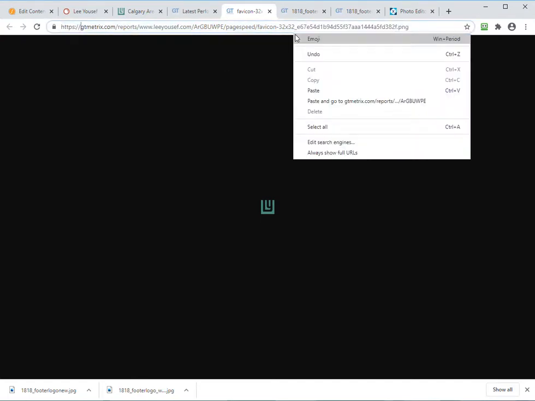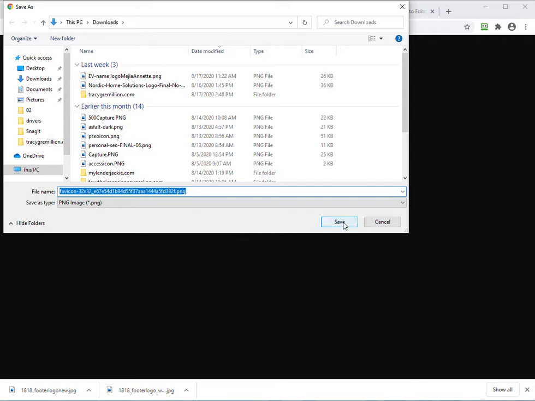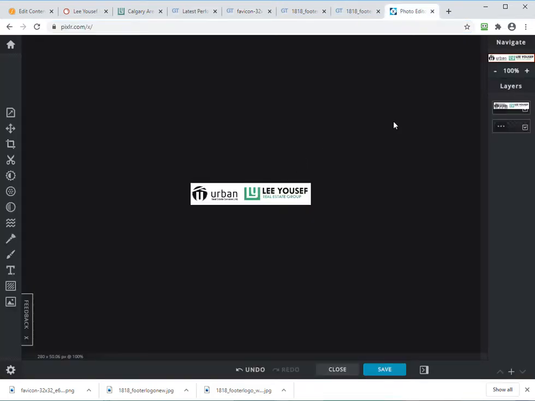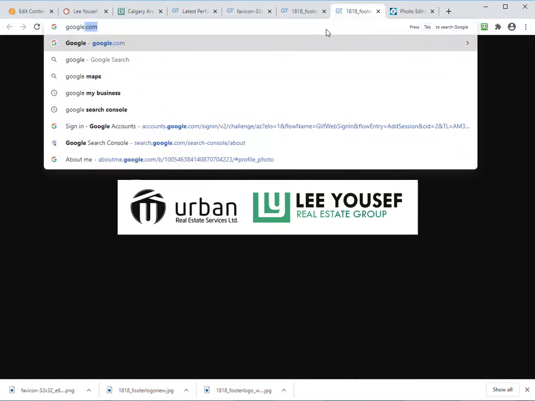Oh, it's the favicon icon. Wow, it's really big for a favicon. Okay, so you just right click, hit save as, and then they're saving it. You save it as a PNG. At this moment, I would go to, instead of using the photo editor, you're not really changing the size too much. You would just Google